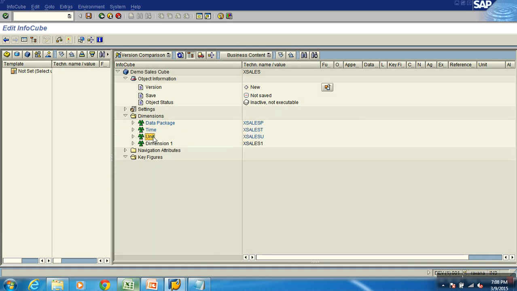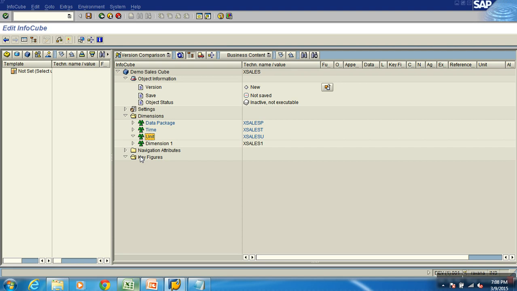Next, what is this here? Units. There is nothing assigned, it's blank. So what do you assign? When you're building a cube, if you are using any unit characteristics, those must be assigned to the unit dimension. Say you decide on a cube structure with 8 columns. Out of these 8 columns, do we have any unit characteristics? One is 0CURRENCY, and there is something called unit, right?